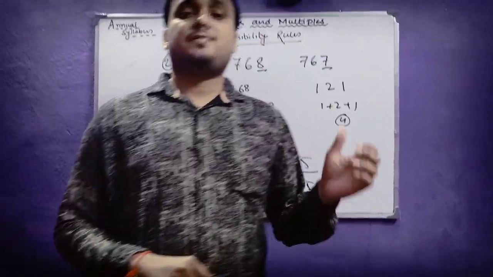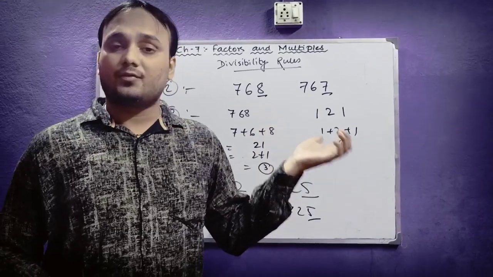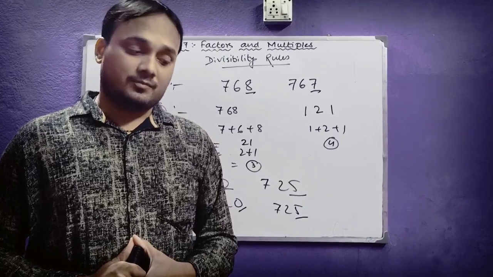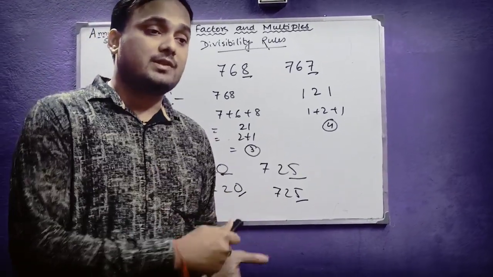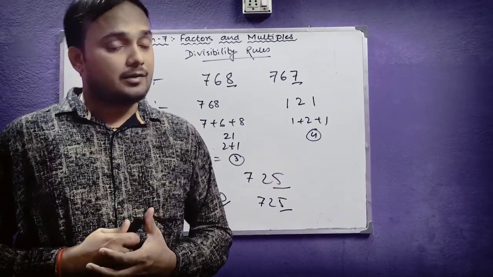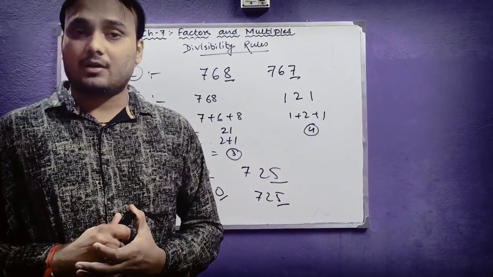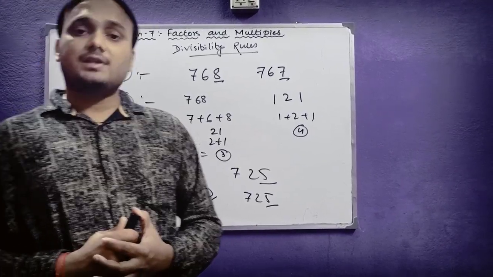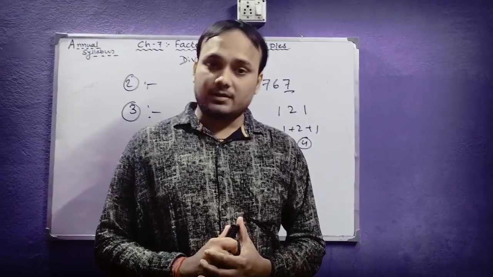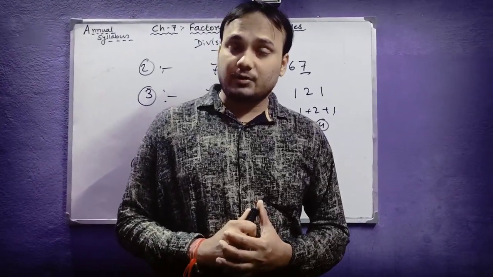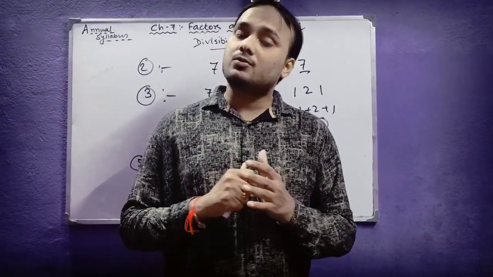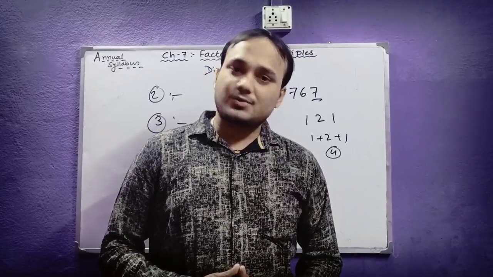So these were some basic rules of divisibility for 2, 3, 5 and 10, which will help you to know whether the given number is divisible by 2, 3, 5 and 10 in a very easy and short manner, without consuming much time. So students, in this chapter we have learned about a few topics: factors, multiples and divisibility rules. These three were the main subtopics of this chapter, and I have elaborated all the things which are present in your chapter. It will help you to solve the chapter.